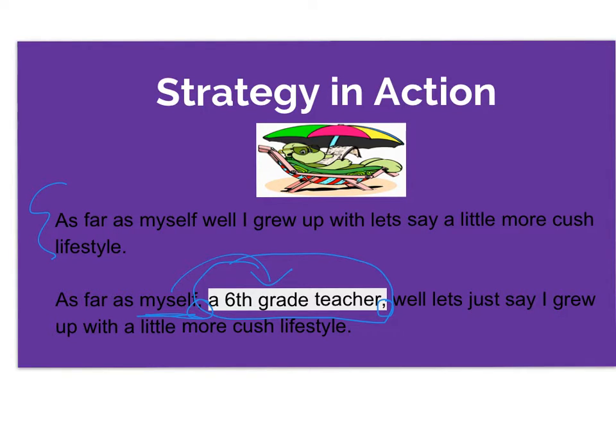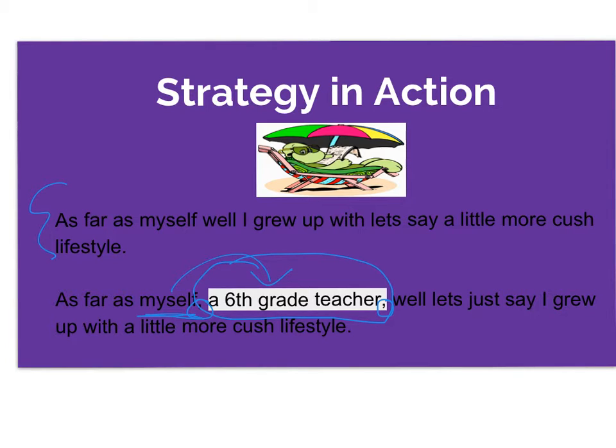Well, let's just say I grew up with a little more cush lifestyle. So let's read that without any interruptions. As far as myself, a 6th grade teacher, well, let's just say I grew up with a little more cush lifestyle. So as a reader,